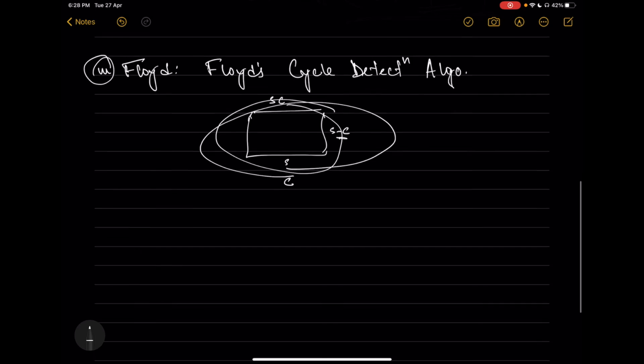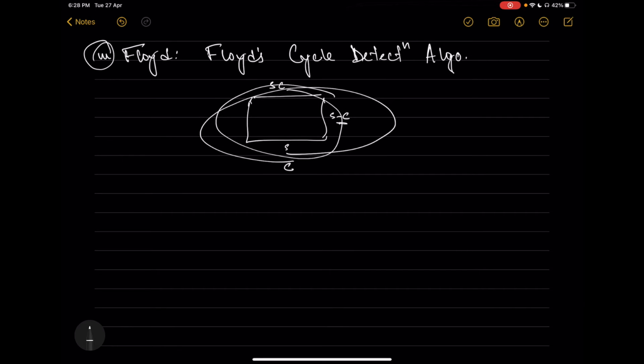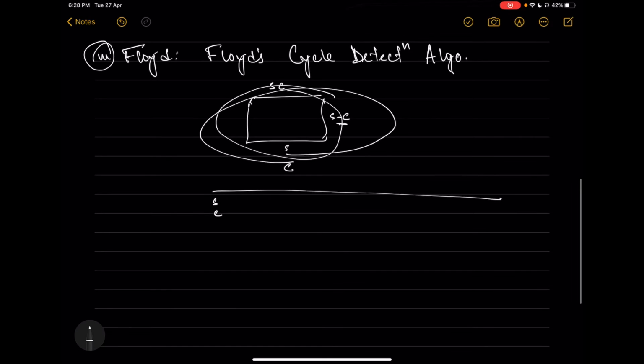So this basically gives me the idea that when I have two pointers running at different speeds in a cycle, they would meet at one point. If the track had been a straight line and Sam and Captain America had started at the same point, Captain America would reach the end, Sam would be somewhere here, and they would never meet. So when there is a cycle, they would meet at some point, and when they do meet, we know that there is a cycle in it,